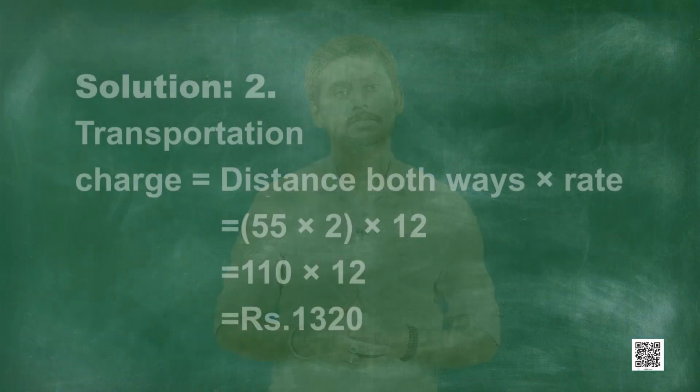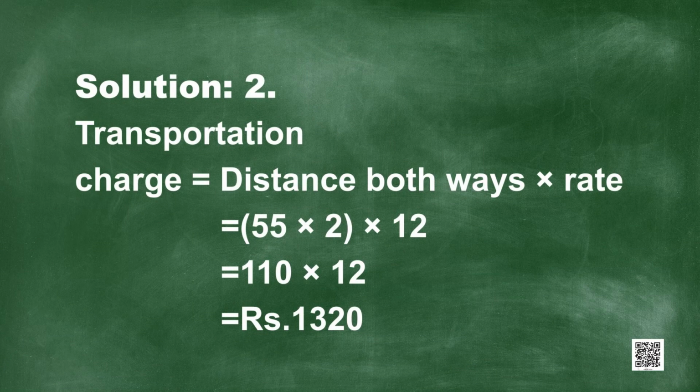Students, to find cost per head, firstly let's try to find the transportation charges. So transportation charges will be given by distance in both the ways multiplied with the rate. Here both ways means school to the picnic site and picnic site to school. We know that the distance was given as 55 per one way. Since it is both the ways, we will multiply 55 with 2 and the rate is given to be rupees